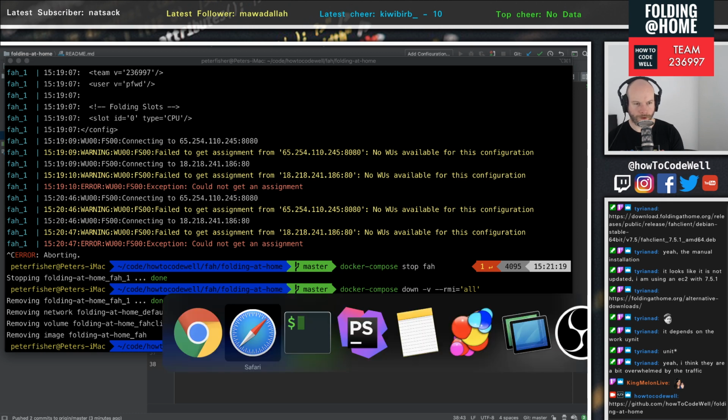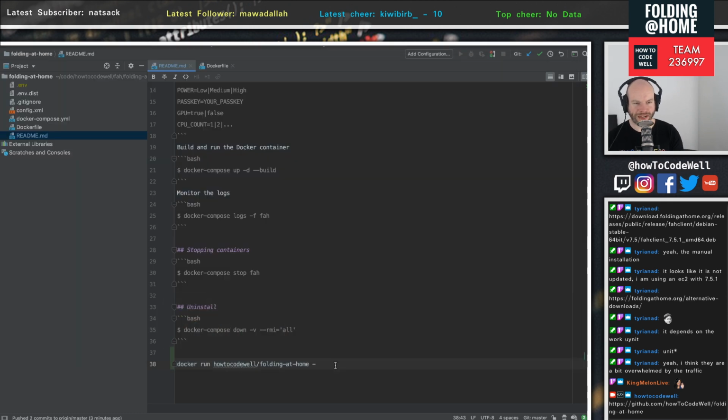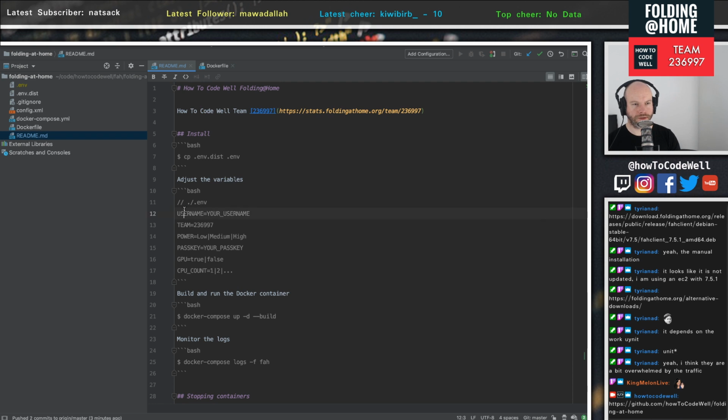Gotcha. All right, get back into here. So Docker run build arg. Okay, so the arguments that we want to run are these things,